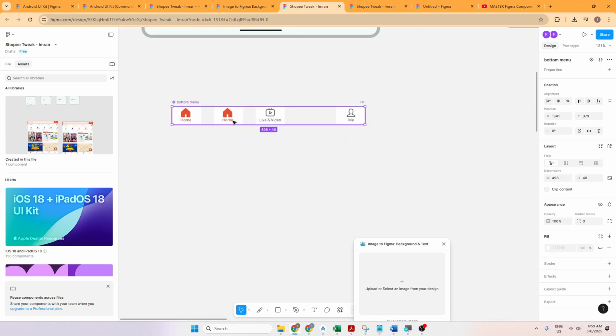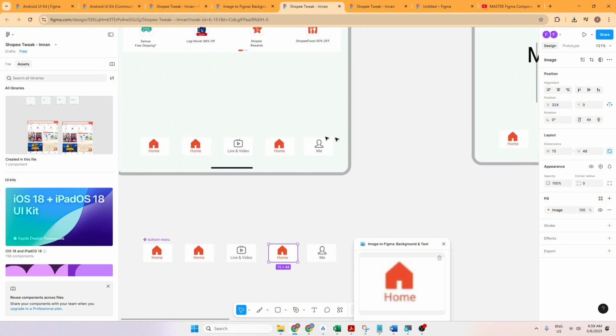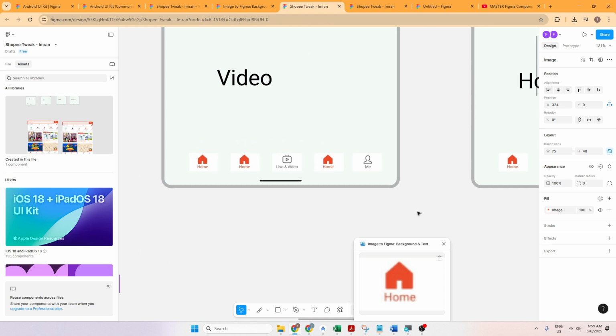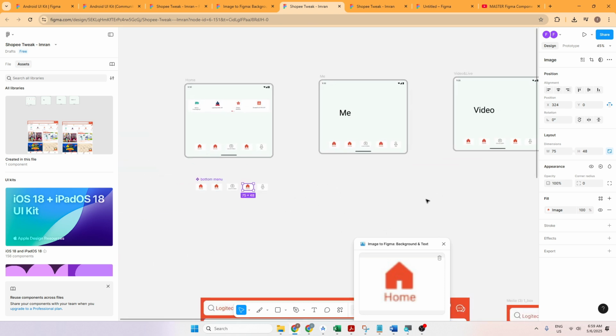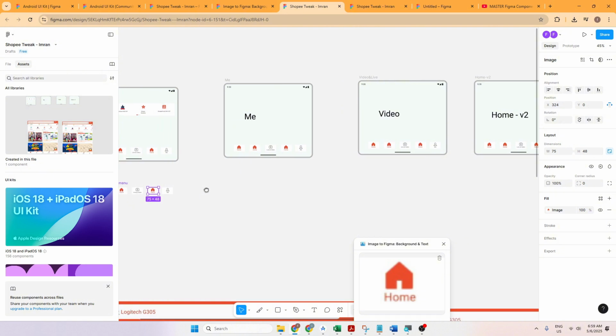If I want 5 items, so click Ctrl V. Now I got 5 buttons in the component. So we updated all instances. That's the advantage of the component. If I change the link, all the instances will also be updated. So that's the advantage of using component. Okay, other than that,